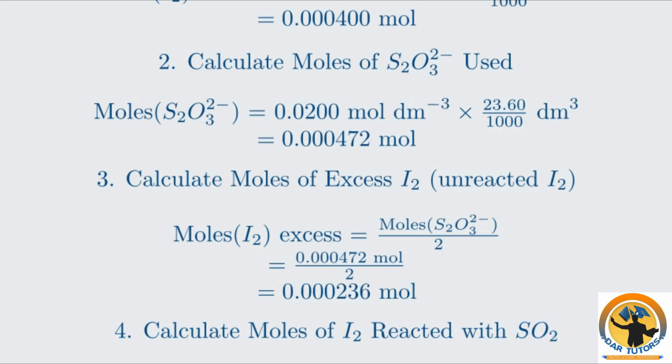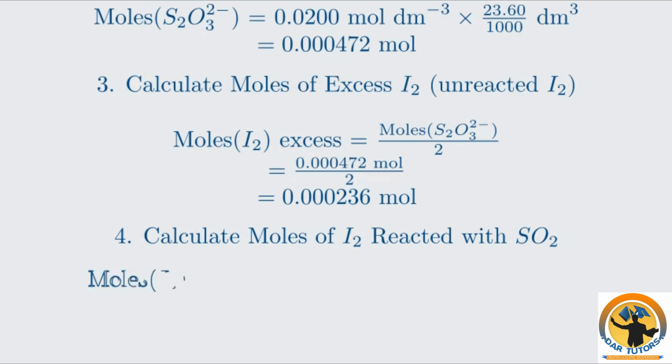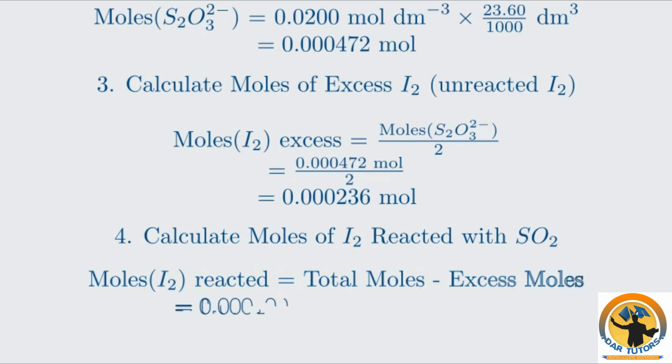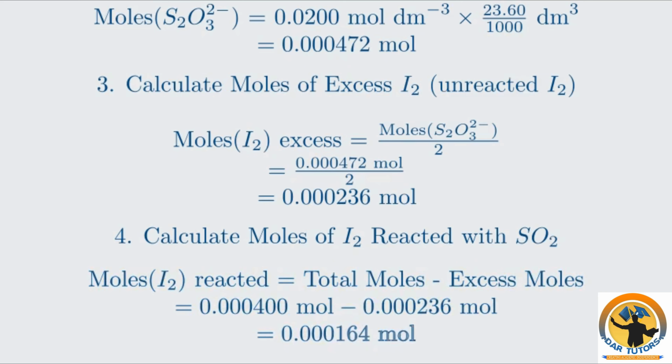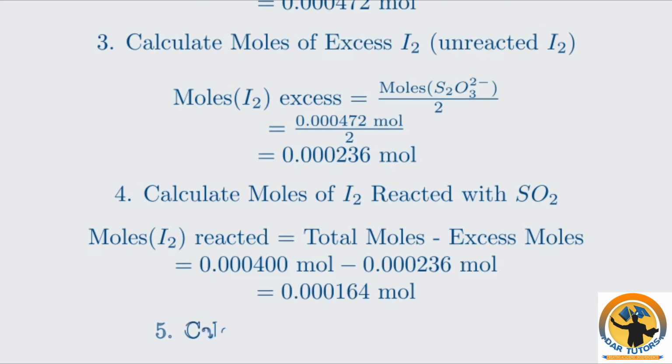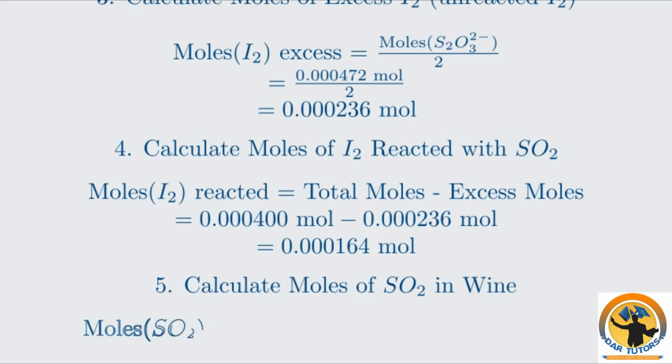This is the difference between the total iodine added and the excess iodine we found. 0.0400 total moles minus 0.036 moles excess gives us 0.0164 moles of iodine that reacted with the SO2. Fifth, we use the stoichiometry of reaction 1 to find the moles of sulfur dioxide. The ratio is 1:1. So the moles of SO2 in the 50.0 cubic centimeter sample of wine is also